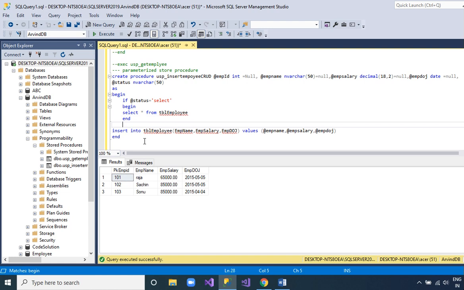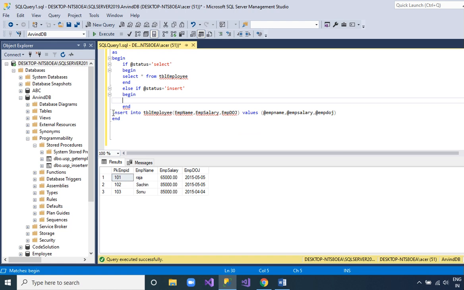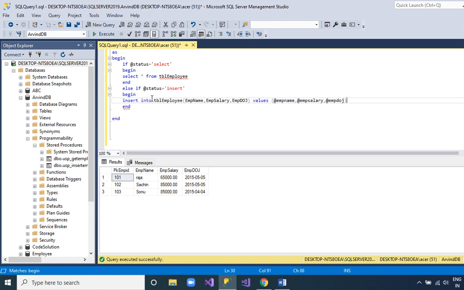Okay, now else if status is equal to insert, then begin, and now we can put the insert query here. Okay,